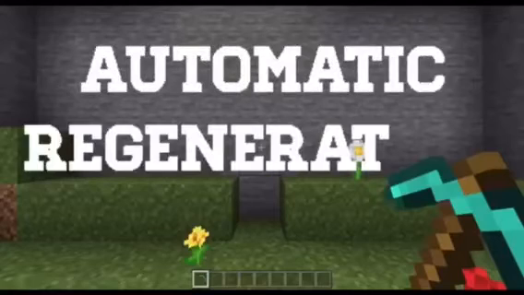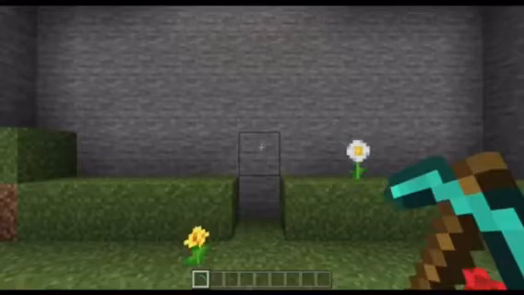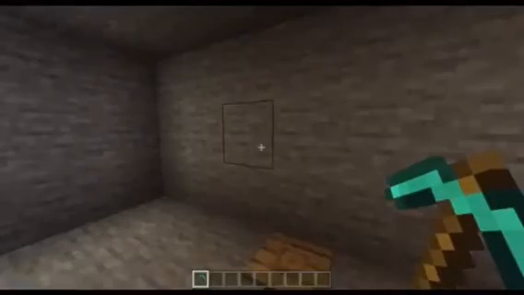Hey everyone, here's the tutorial for the automatic regenerating stone wall. As you can see, it looks like any normal wall that any player would walk past in their world. However, if you destroy these two blocks and walk over the pressure plate, it closes out behind you, a perfectly